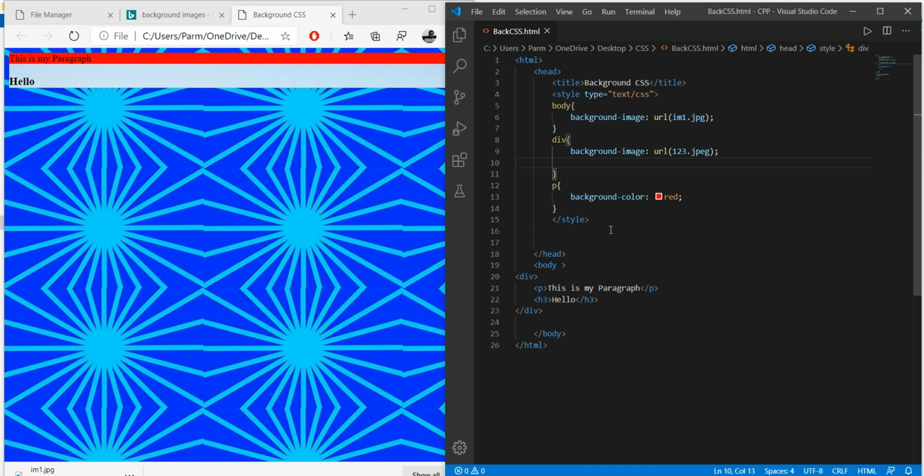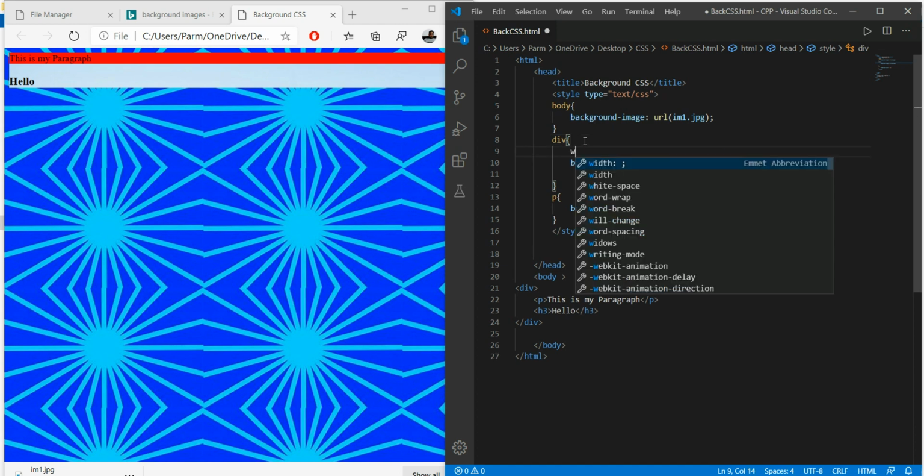Mostly the background image is used this way. If I use this behind, because there is no space for this, I will use the property width.